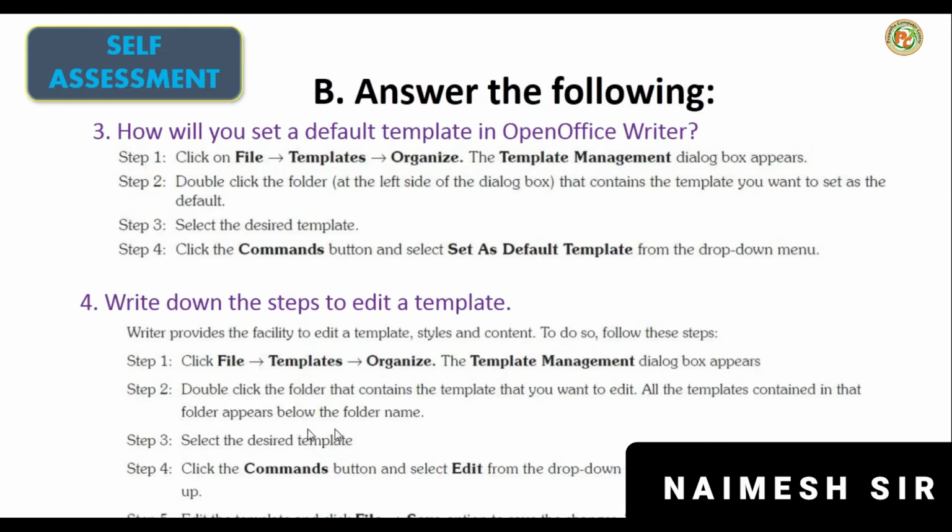Now select the particular template and click on commands, and from the commands we can click on the edit. After that it will open, and there change the necessary things and click on file again and save it. So this way we can save the existing template also after the editing.